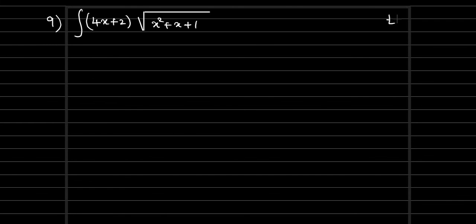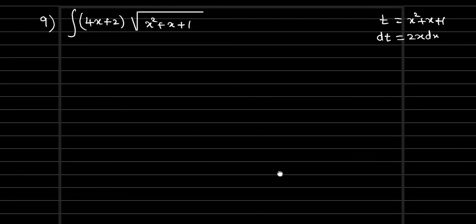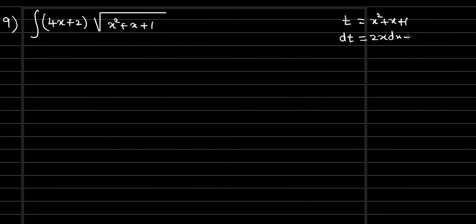So let t equal x square plus x plus 1. Now I am going to differentiate this. t differentiation dt. x square differentiation 2x, x differentiation dx. And the next part also, what? Same x, right? x differentiation dx. Constant term differentiation 0. So we have 2x dx plus dx. So here dx is common, right? So 2x plus 1 dx. So this is the dt. So do we have 2x plus 1 outside or anywhere?